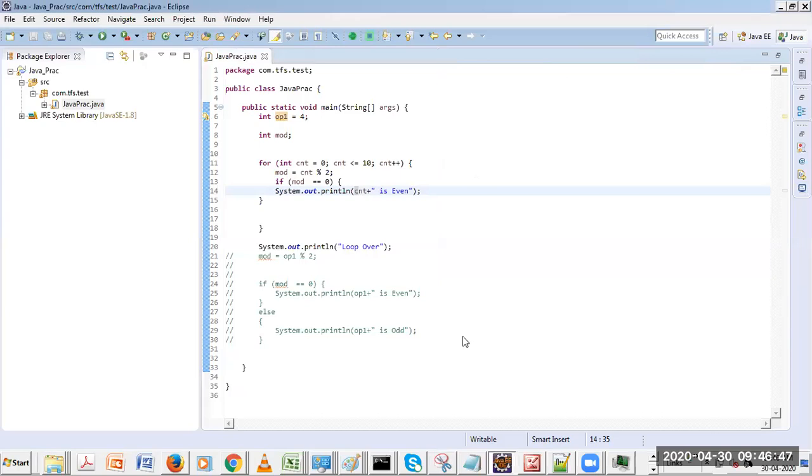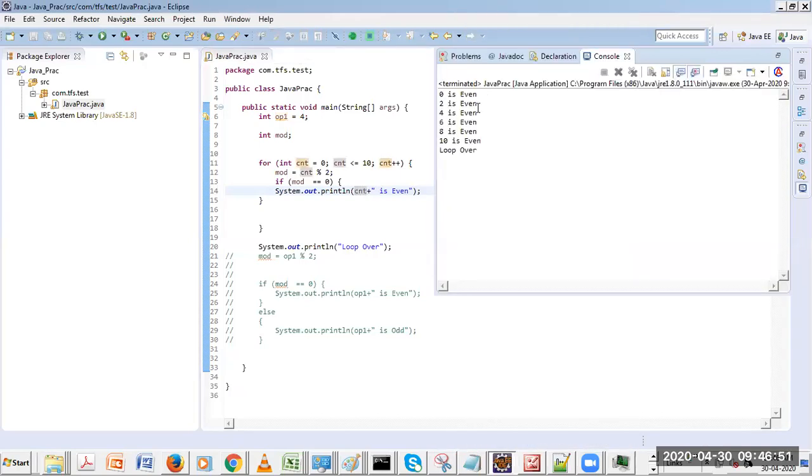If you try to run this again, this time when I run, it's saying 2 is even, 4 is even, 6 is even, 8 is even, 10 is even, right? So hope all of you are clear with the problem I had. Good, thank you, Samagri. Yes, I'm printing the count now. Clear? Any questions for me on this?